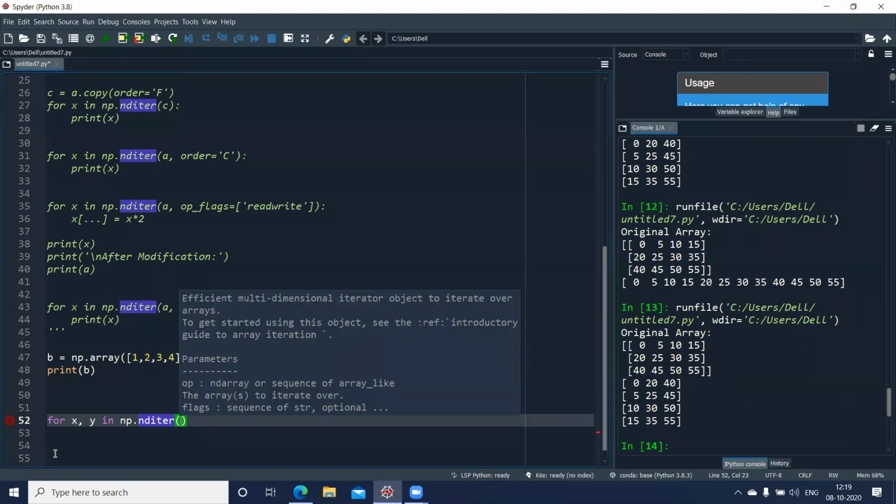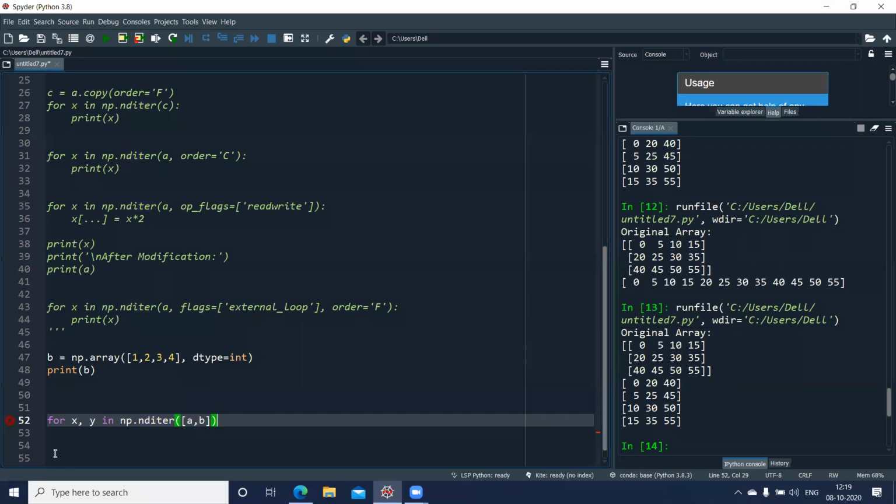Now, if I have to pass two arrays and access them concurrently, you cannot give them in the round brackets. It has to be passed in square brackets. So I'll give the square brackets A, comma B. Now A is my original 2D array and B is my 1D array. And at the end, give the colon.